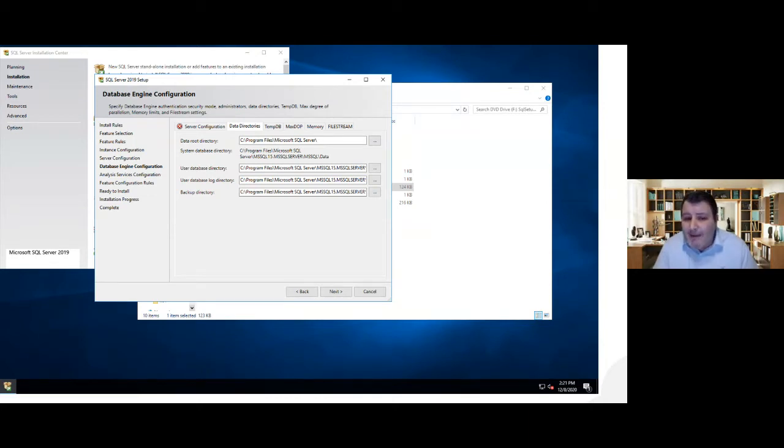For example, we have B, Microsoft SQL Server, MS SQL 15. It's okay, we can keep it. It will create folders and subfolders. But the problem is just to change the directories. Imagine that the log of SharePoint is 40% of the database. That means that if I have continuous logging, it is very difficult to avoid a